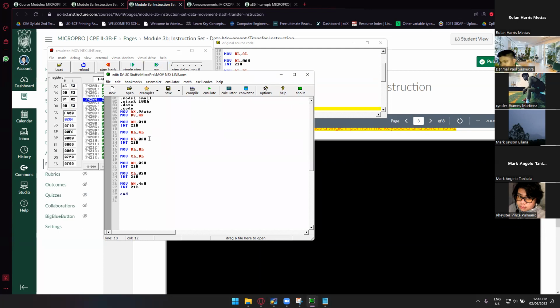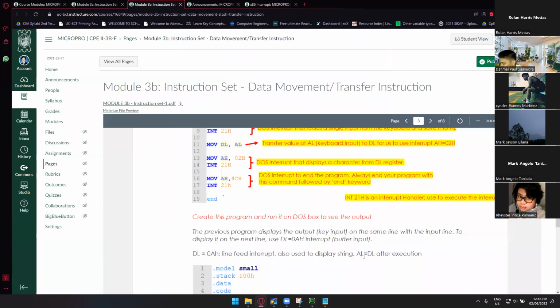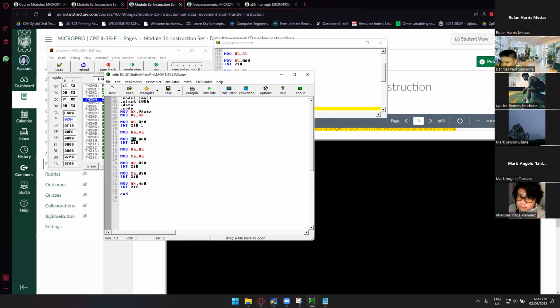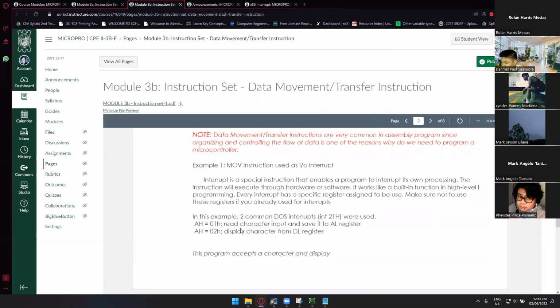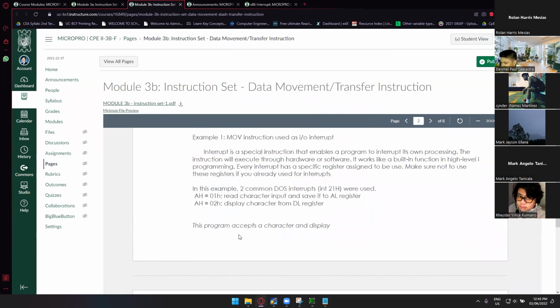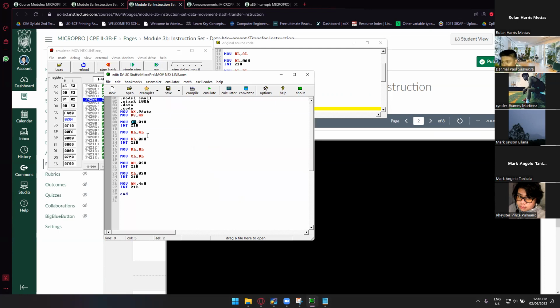So it seems that this DL is now being stored to our EL also. Basically, they're using the same register, so we cannot retrieve the value of this one, because the first one that occupied the value of AL is this AH right here. Going back here, whatever is the value of this 01H is being stored to EL, wherein it's already being used by this AH right here, unless